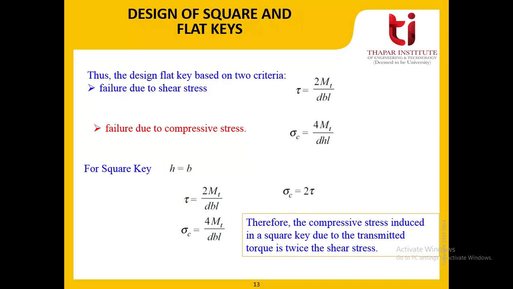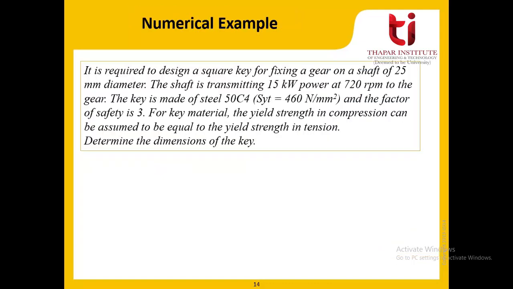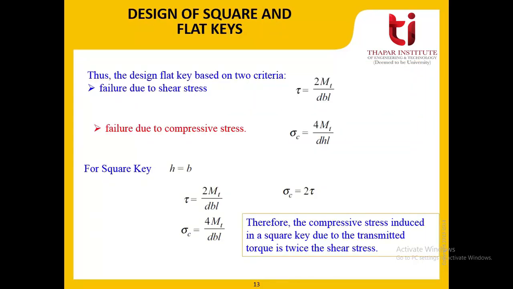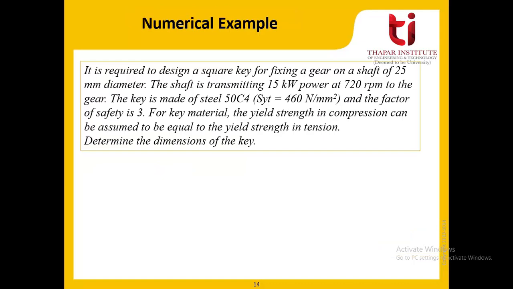Now this is as far as calculation of stresses is concerned. Now we need to use these stresses for the design, right? In order to perform that, we will utilize the theories of failure. We can definitely utilize the theory of failure to get the results on how to design them, right? So let us have a look at a few illustrations before proceeding towards that.